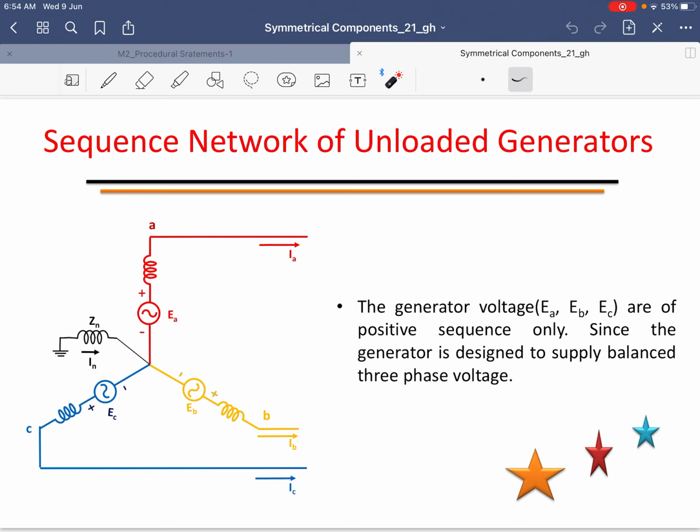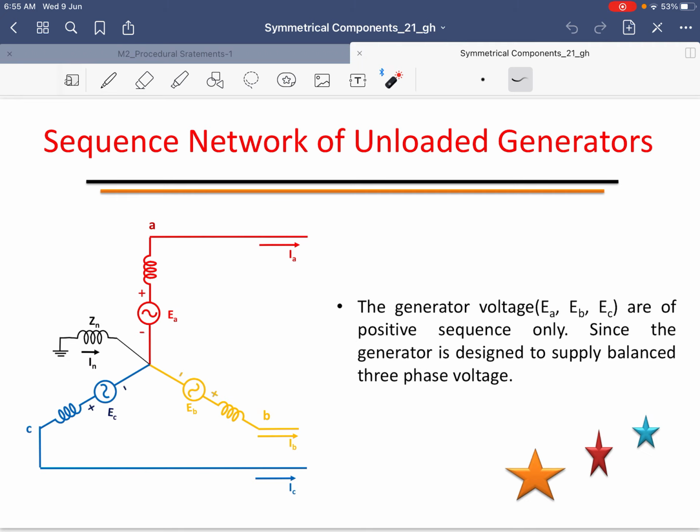in each phase. When there is a three-phase fault or any unbalanced fault on the generator, what happens? When a fault occurs at the terminals of the generator, currents IA, IB and IC flow in the lines. When a fault occurs, the generator starts delivering the fault current. If the fault involves ground, then there is the existence of the current IN, that is, the current flowing into the neutral of the generator, designated by IN.